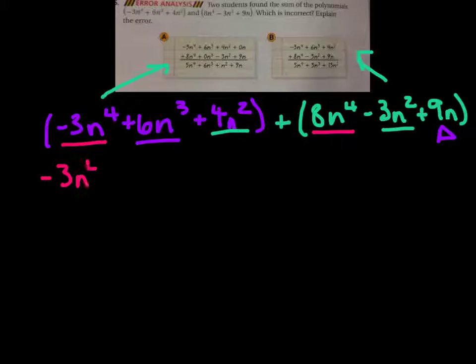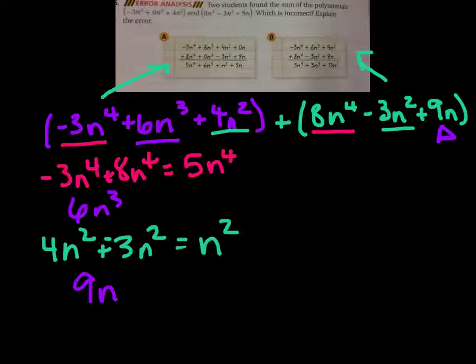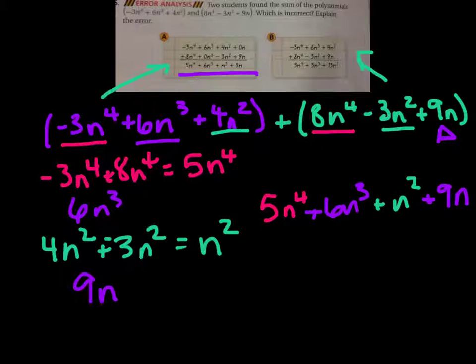Negative 3n to the fourth plus 8n to the fourth equals 5n to the fourth. We then have that 6n to the third, 4n squared minus 3n squared. I could also have written that as plus and negative, doesn't matter. And that equals n squared. And my last one, we have that 9n. So this can all be written as 5n to the fourth plus 6n cubed plus n squared plus 9n. That is what student number 1 did. So B is incorrect